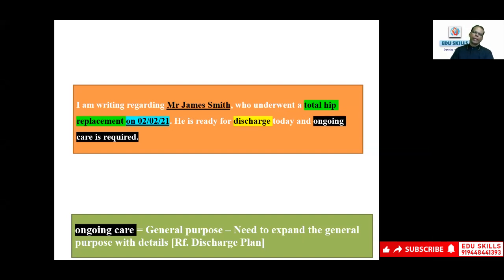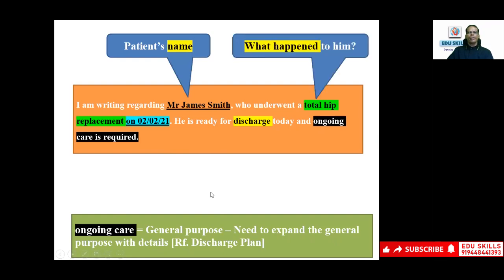So all these things are included that can even be combined and written in one paragraph. So it's the beauty of it. Those timelines, if you miss them, the beauty of the paragraph and the cohesiveness of the paragraph and the completion of purpose will not be perfect. Okay. Ongoing care, general purpose. Need to expand the general purpose with the details. Ongoing care, when you say there is a general purpose, then you have to detail in your other paragraphs what is the ongoing care required. Even in your request, specifically, you have to mention what you mean by ongoing care. Okay, explanation of it.